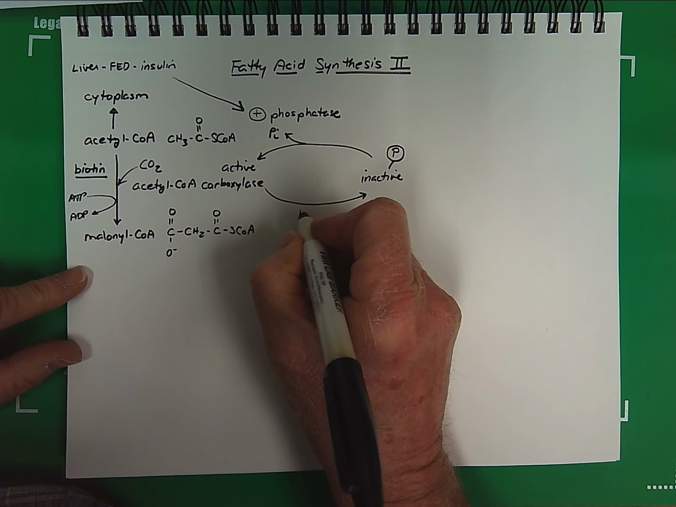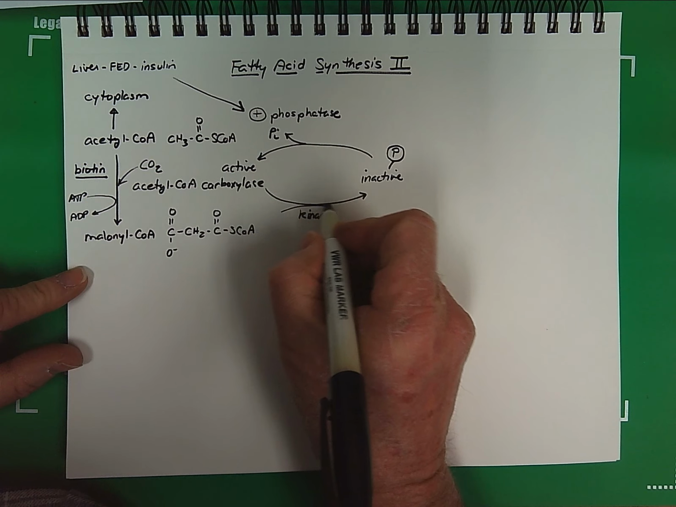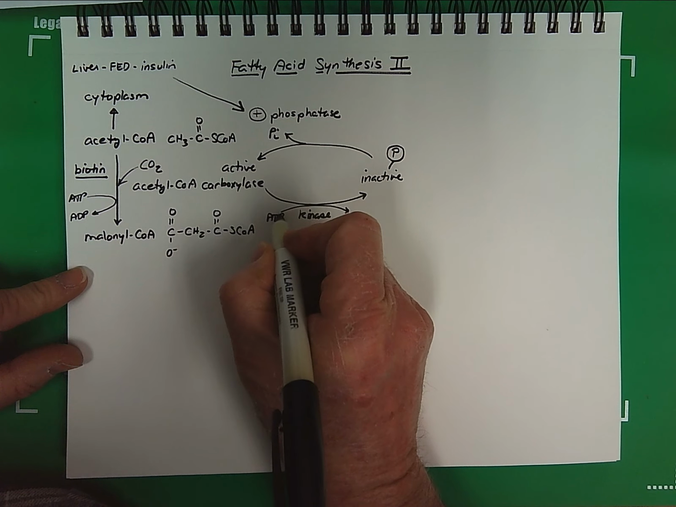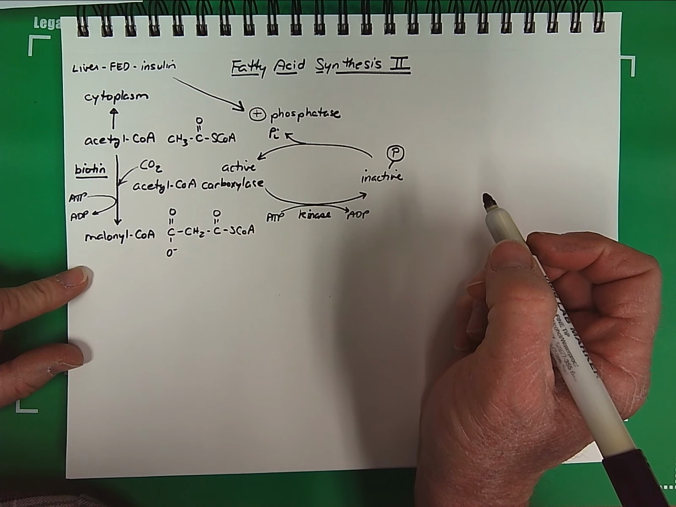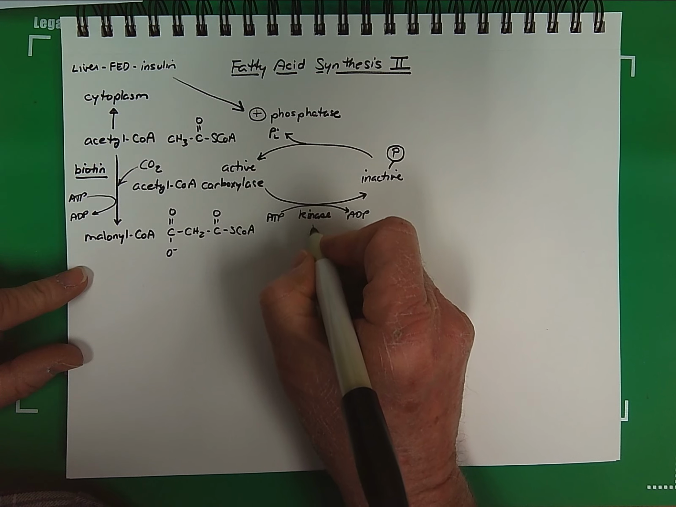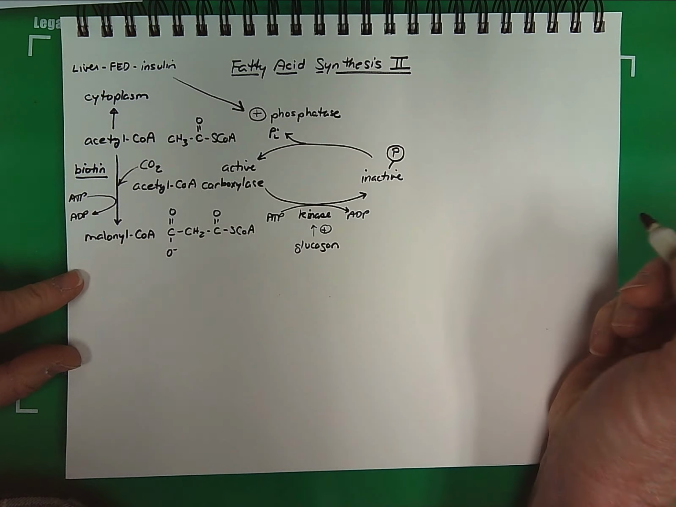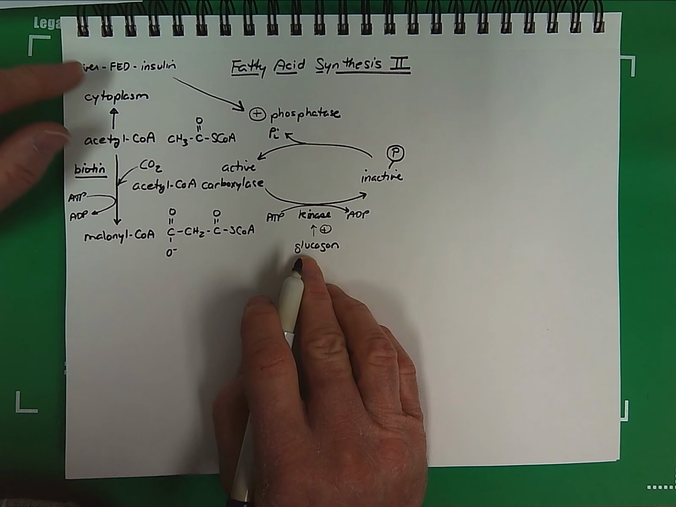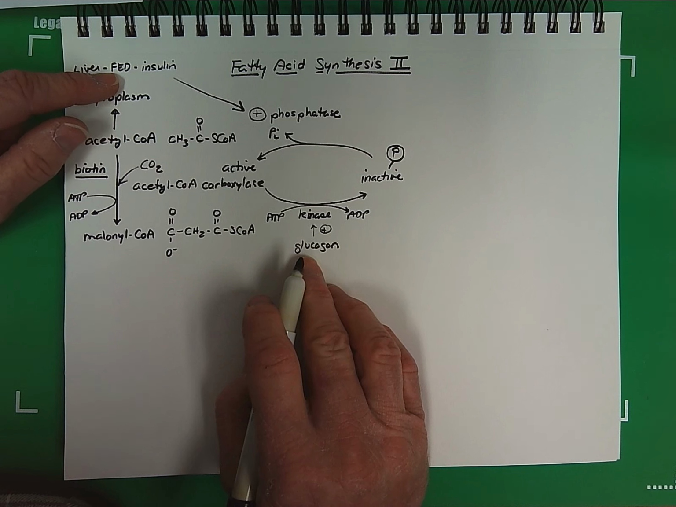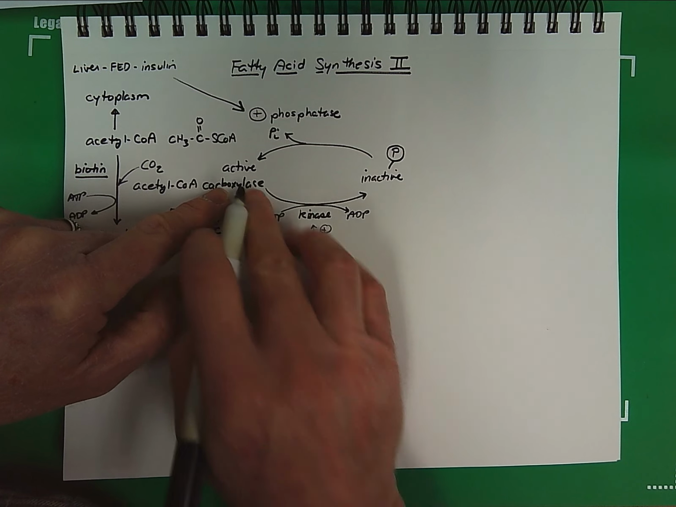It becomes phosphorylated because of a kinase reaction. The kinase, of course, will add phosphate using ATP as a substrate, and this kinase enzyme is activated by glucagon signaling. Now glucagon, of course, is the hormone signal in the fasting state. So when we are in a fasting state, we want to phosphorylate the acetyl-CoA carboxylase in order to inactivate it,